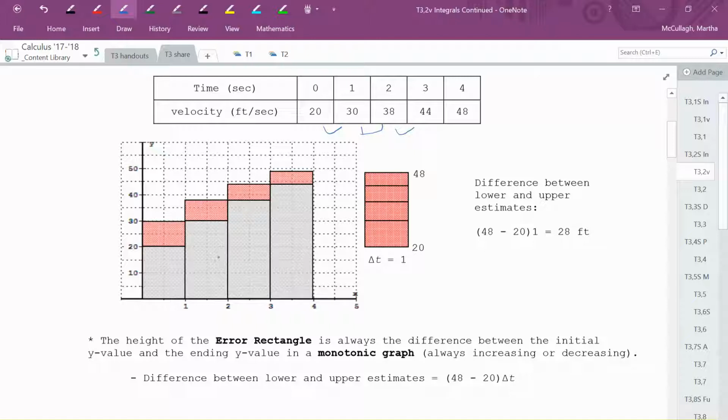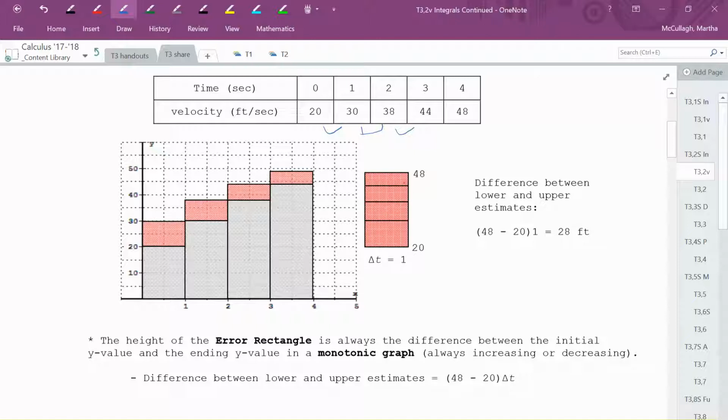So we have the underestimate, which is shown here in gray, and the overestimate, which is the gray plus the red. The difference in distance, remember distance is expressed as the area underneath the curve or the area within the rectangles, because we're looking at feet per second times seconds, which would give us feet. So the area under the curve or the area of the rectangle is representing the distance we traveled. So the difference between the overestimate and the underestimate is this area that's shown in red for each one of the 1 second intervals. If I take each of these little rectangles, slide them over and stack them up to make one stacked